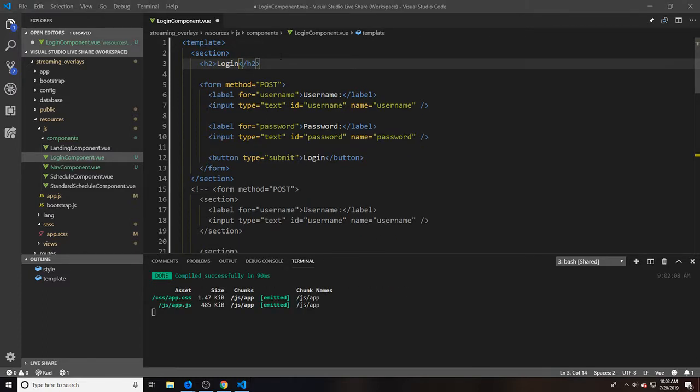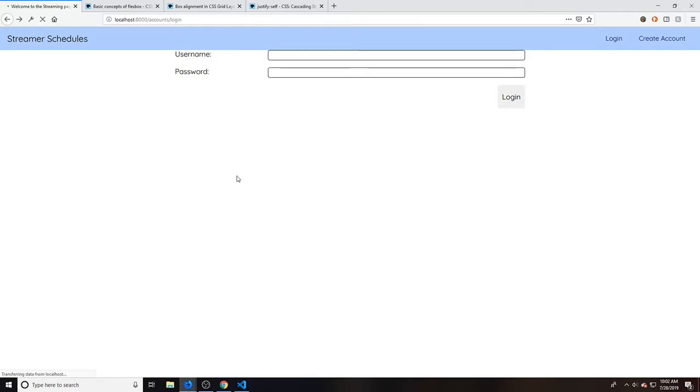I had heard that you should have a hierarchy of your headers, not necessarily that you should only have one H1. Yes, absolutely, a hierarchy of headers is a good idea.